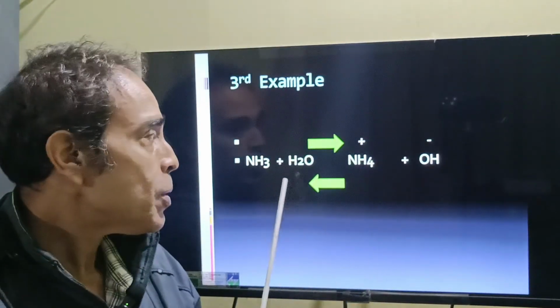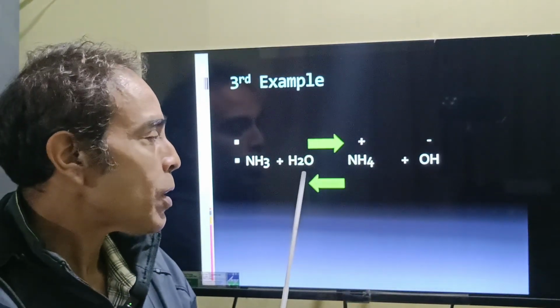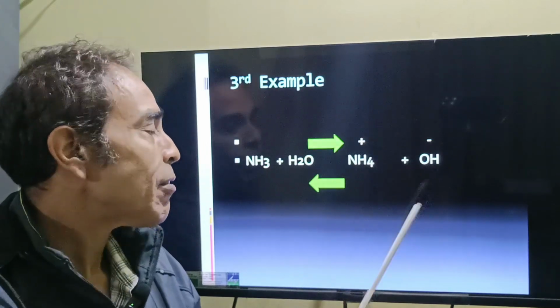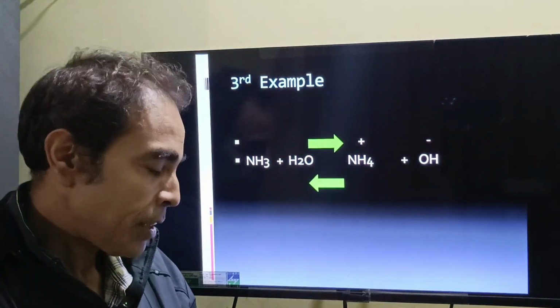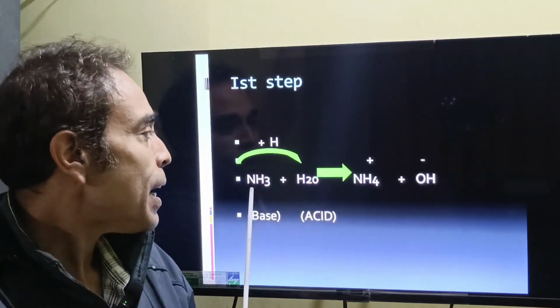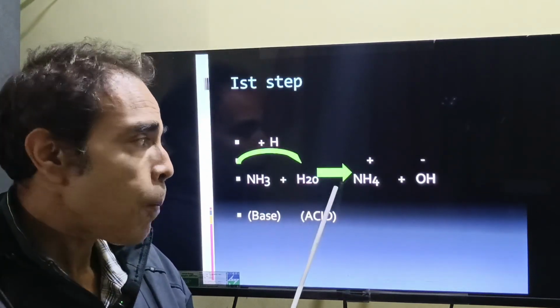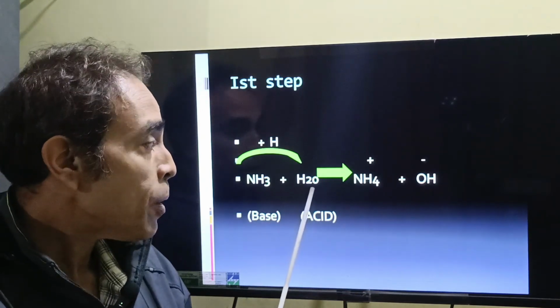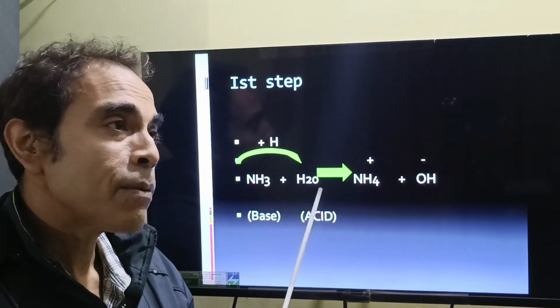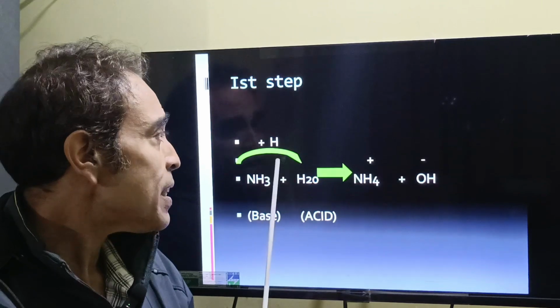Third example, let us look at ammonia. Ammonia reacts with water to form ammonium and hydroxyl ion. Now, this reaction is again a weak acid, and is bidirectional. Now, in the first step, look at the opposite side: water gives one hydrogen ion to the ammonia. So because water has given a hydrogen ion, it becomes an acid, and ammonia has accepted hydrogen, so now